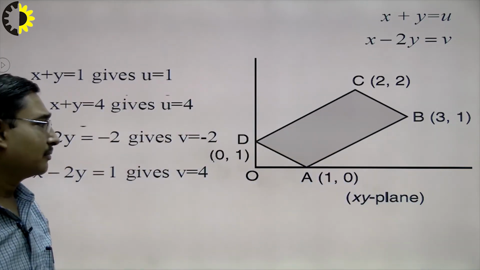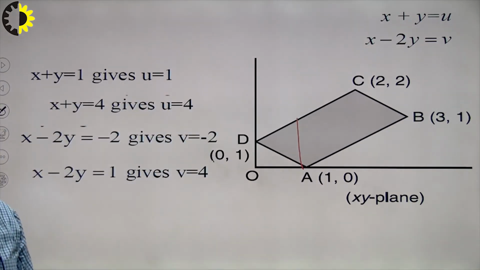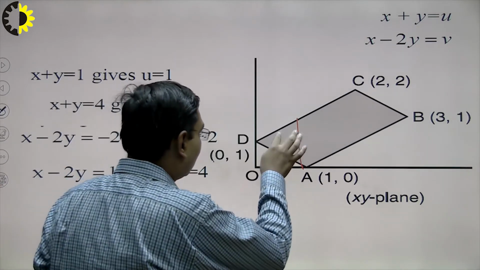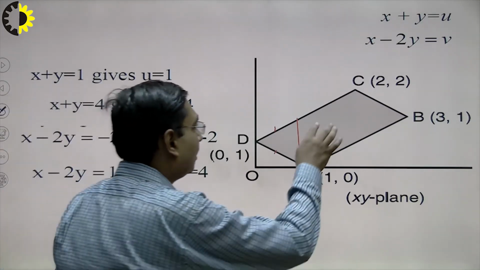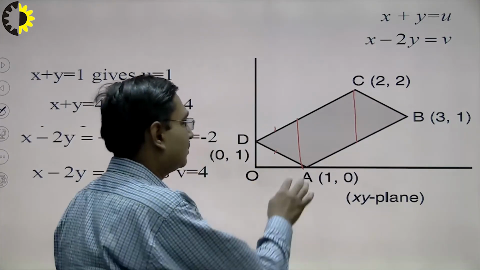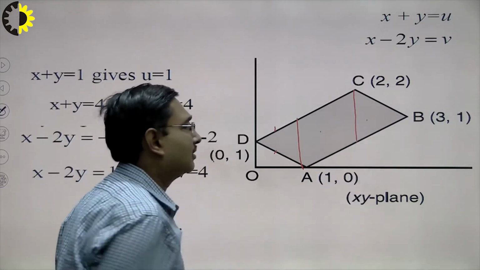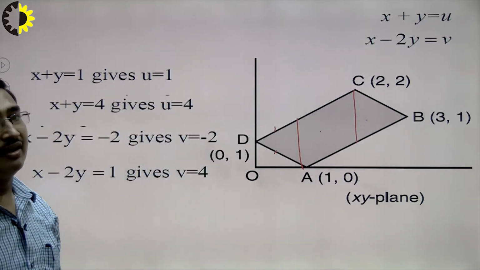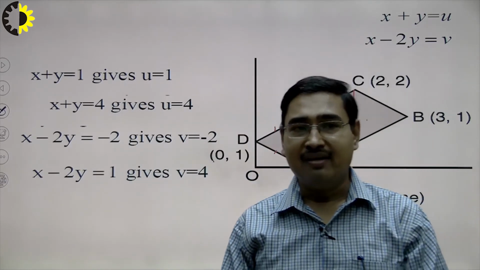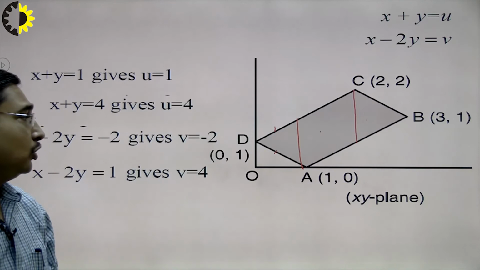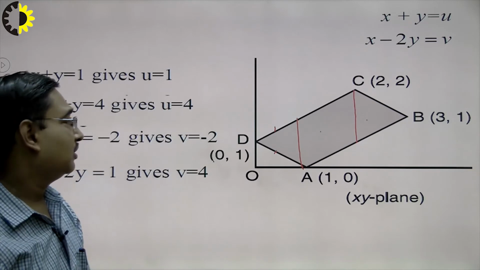this double integral? In that case, suppose I divide the region into vertical slices. For this part, the equations of boundaries are different. For the next part, this one, the equations of boundaries are different. For the third part, the equations of boundaries are again different. It means to evaluate this integral without change of variable, I will be required to break this integral into 3 parts, and after applying limits, we shall be able to calculate the value.